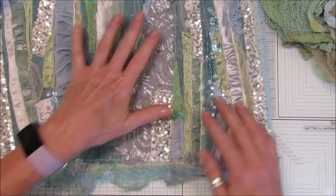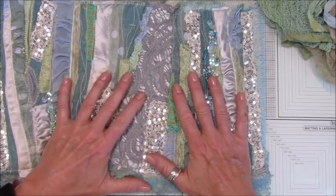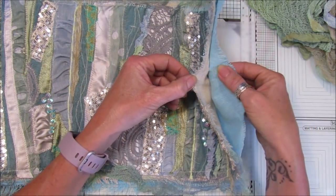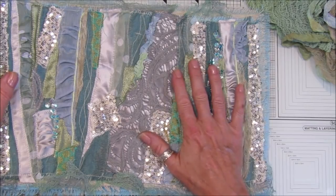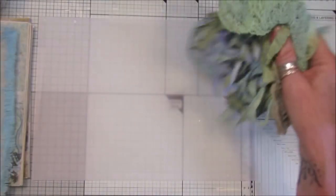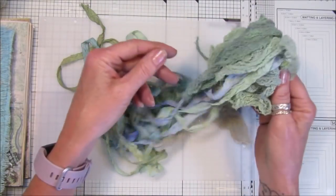So I'm not going to finish this off yet until I can find something to pad it out a little bit more, because I haven't stuck it down, just a little bit stuck down with a little bit of fabric, not Fabric 3-in-1, just to keep it in place. Now I have got really grubby hands because I have been this morning colouring some seam binding and a little bit of cheesecloth here,